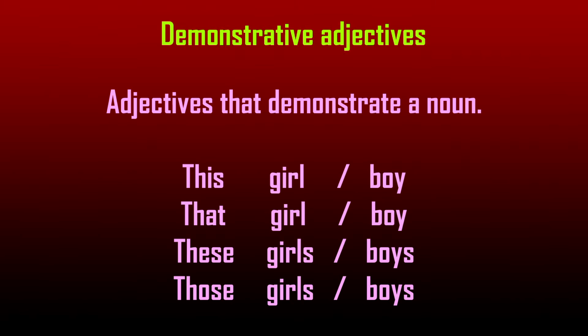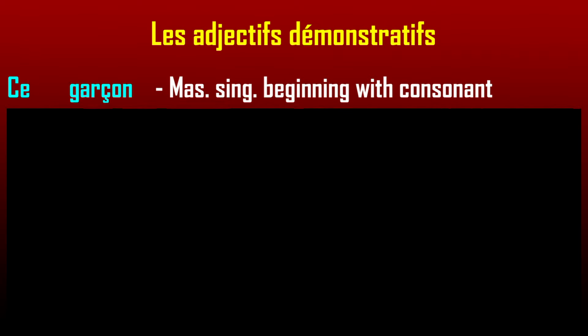In French, gender also plays a role in the formation of demonstrative adjectives. So, the concept of demonstrative adjectives in the French language may differ from the one in English. We'll go into detail. Demonstrative adjectives, les adjectifs démonstratifs. In French, the first one we learn is ce garçon. This "ce" takes the meaning of this and that.